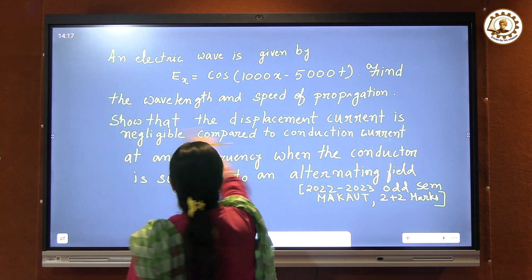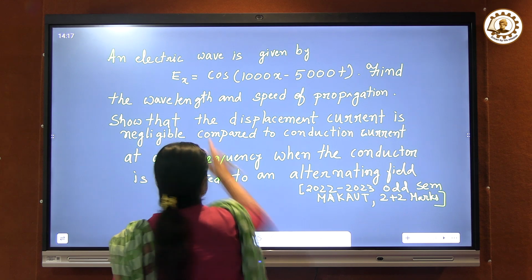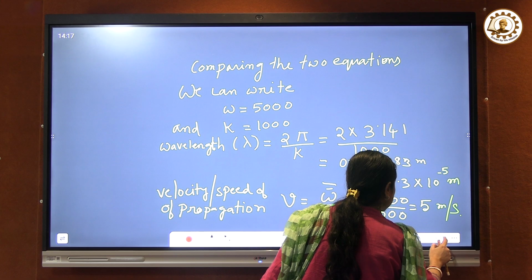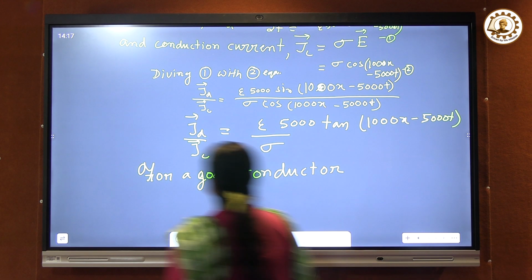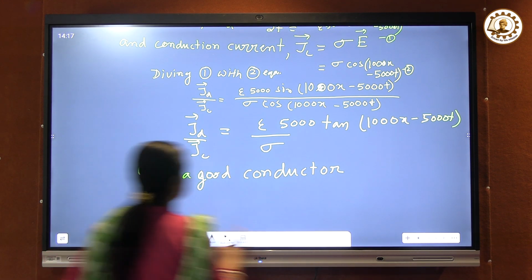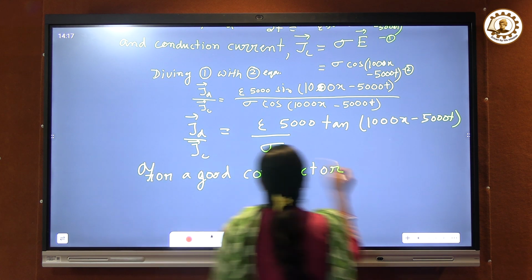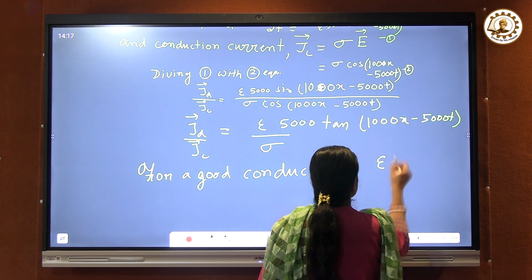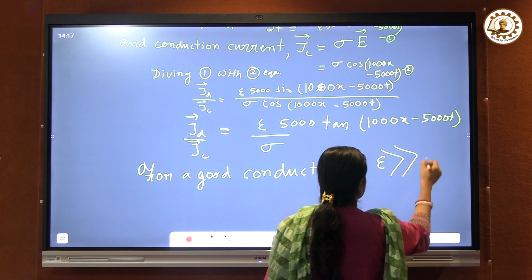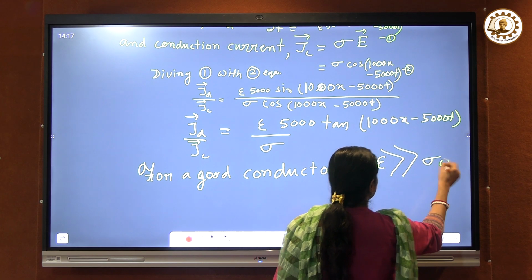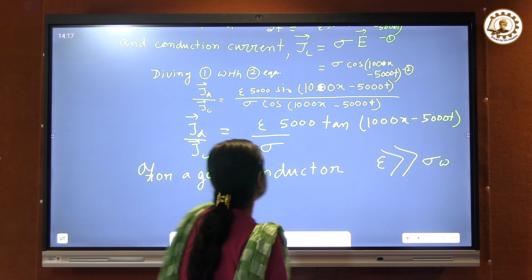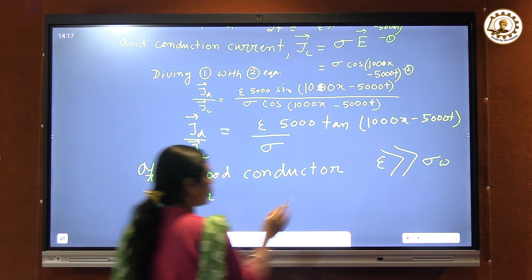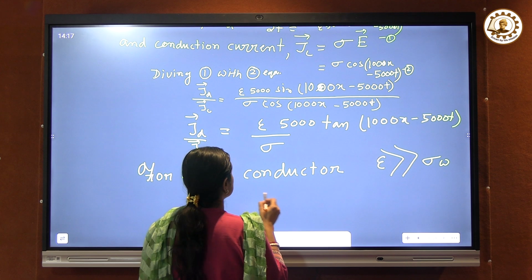So they asked us to show that the displacement current is negligible. So I have to show my displacement current density is negligible. For that, for a good conductor, epsilon is much greater than sigma into omega. So, or, I can write